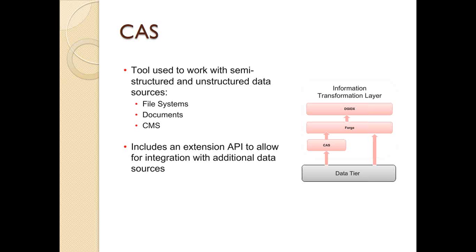So CAS provides you a set of extension APIs for integration of additional data sources. Additional or custom data sources you can integrate and take the data from the different sources. That's a kind of customization you need to do. And you can fetch the data from complex data sources, and then you can index it and provide it to the Forge. And the Forge is a place where you design how exactly